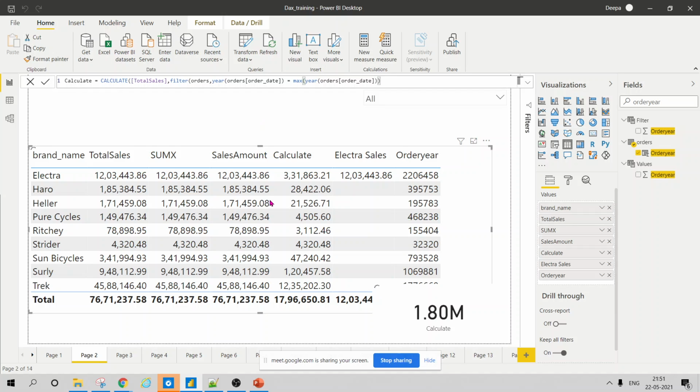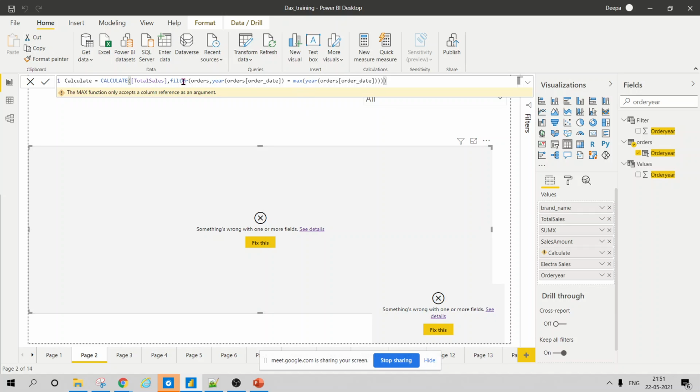Now we are getting an error: the max function only accepts a column reference as an argument.